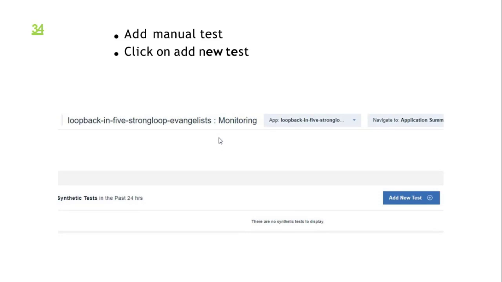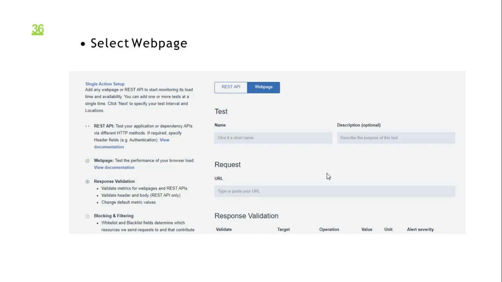In that, you can also add some tests manually. We can add a manual test and a new test also. If you want to add a manual test, just go to add test. It will add your monitoring test from here. After clicking on add test, it will show you two things: web pages and REST APIs.